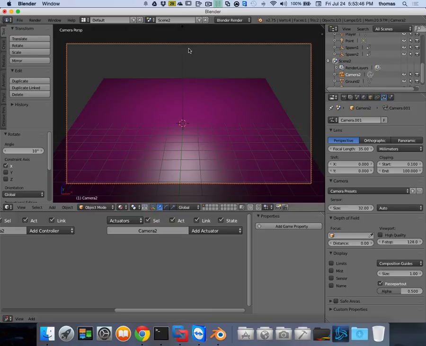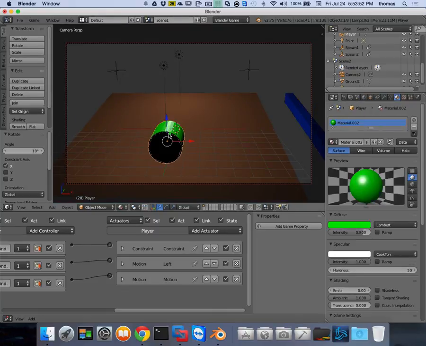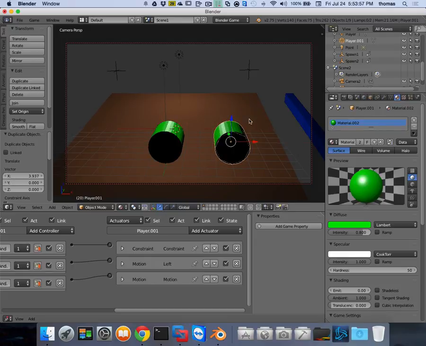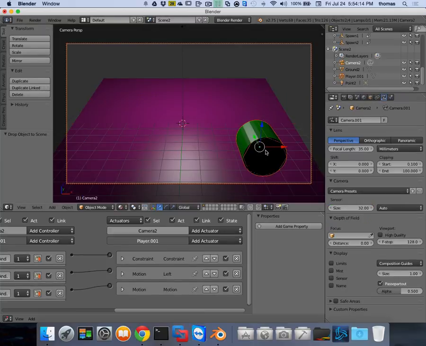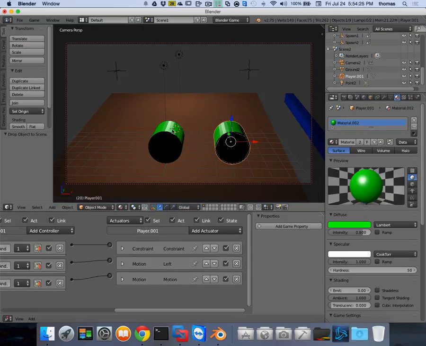Let's make a new block, and this is the way I remember doing it before in the old version. If I go to scene 1, I take this one, shift D for duplicate, and across the x-axis, there it is. And now I have player 1, and I want to move this player to scene 2. There's player 1. Let's see if that works. Let's go to scene 2. There he is, right? He's got all the same things from scene 1, and now I can delete the first things. So I go back to scene 1, right? I can kill him,